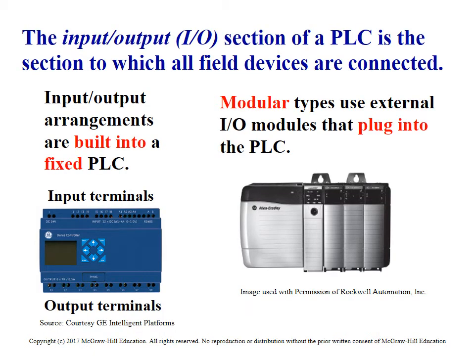So again, we're going to talk about some more I/O, input and output devices, which I/O means. We again are going to compare a few different components here. Looking here on the left, we see the fixed I/O PLC, often called a brick, or fixed PLC. Then up right, we'll see a modular PLC where we see a power supply, a CPU, and a series of input and output modules, making it modular.